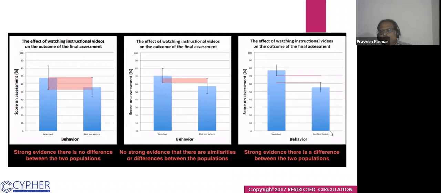It means the not watched came from some other population and the watched participants came from some other population. Okay. So that is the way, through the standard error and this bar, we can interpret and diagnose so many things. Okay. So this was all about